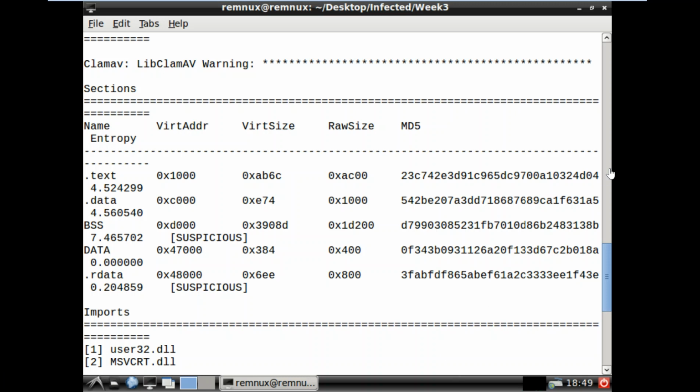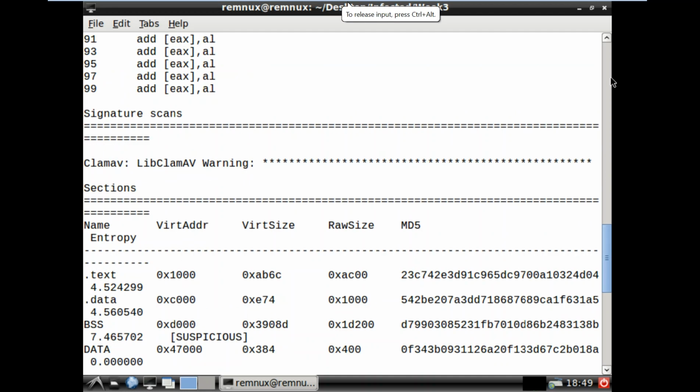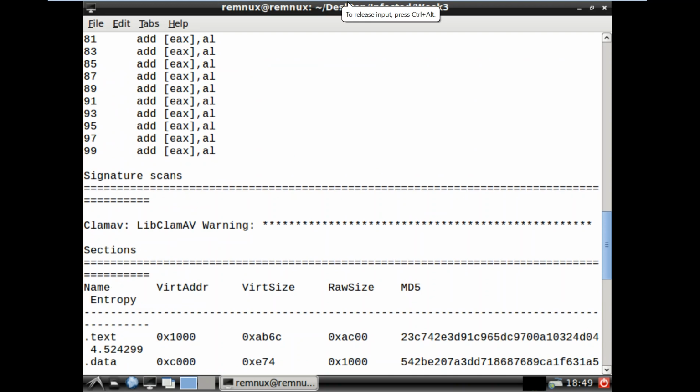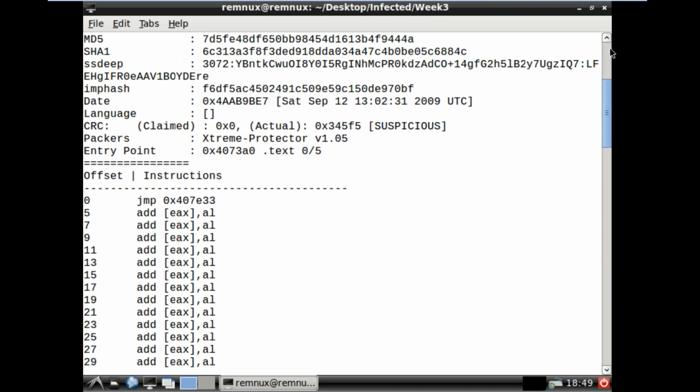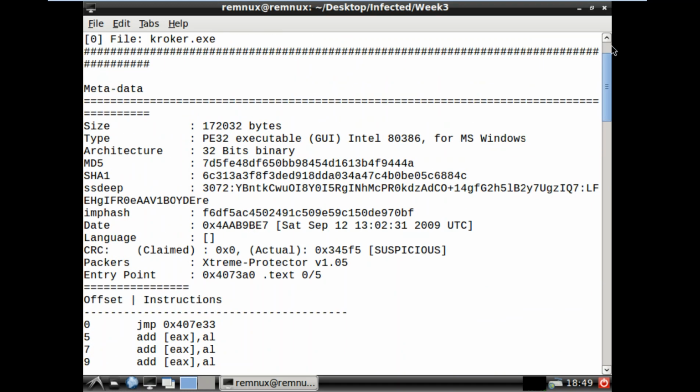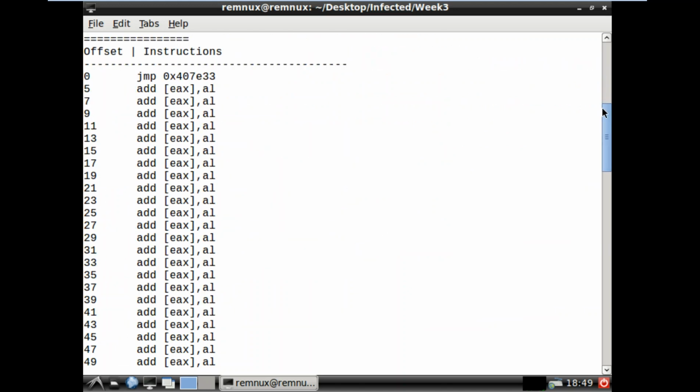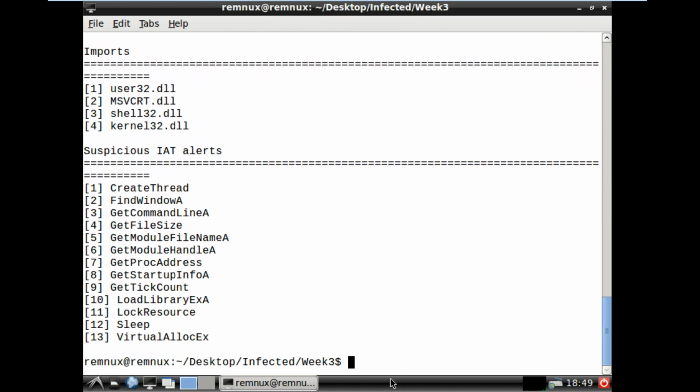PEScanner also will work with DLL files. Just like we invoked it and ran it against the exe, you can also run it against DLL files the same way. One of the great things when you start running it against the DLLs is that you get a little bit more information in return regarding signatures. So if we were to go back and run PEScanner against another one of the DLLs that we have in our folder this week,